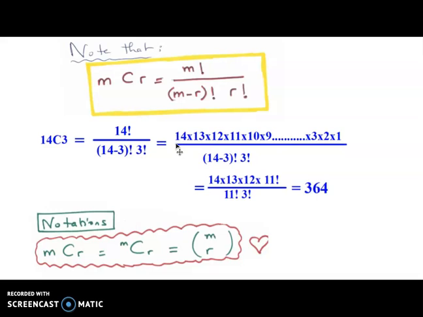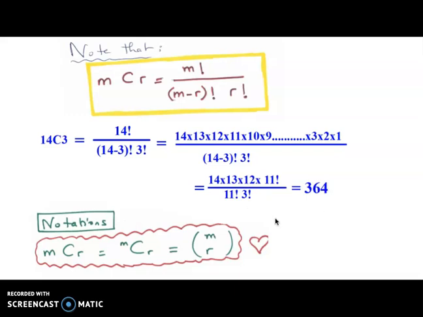You know 14 factorial is 14 times all the preceding numbers till 1. And then we have 11 factorial times 3 factorial. If you take 14 times 13 times 12, and then all the remaining is 11 factorial, so I can simplify 11 factorial with 11 factorial and have the answer is 14 times 13 times 12 divided by 6,